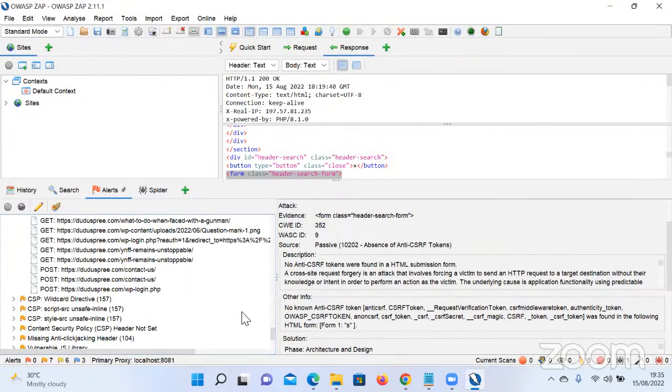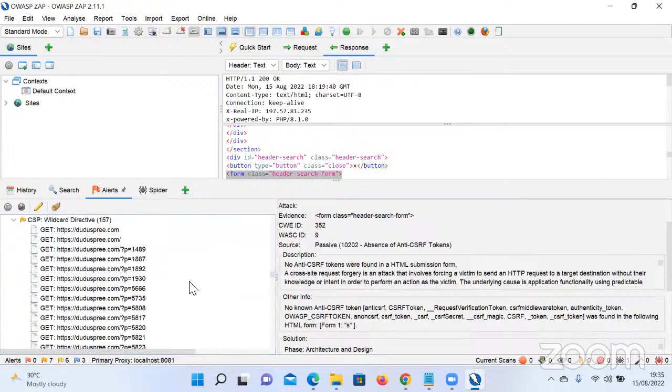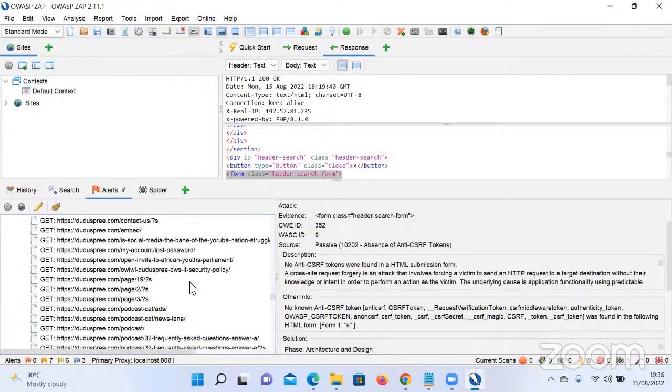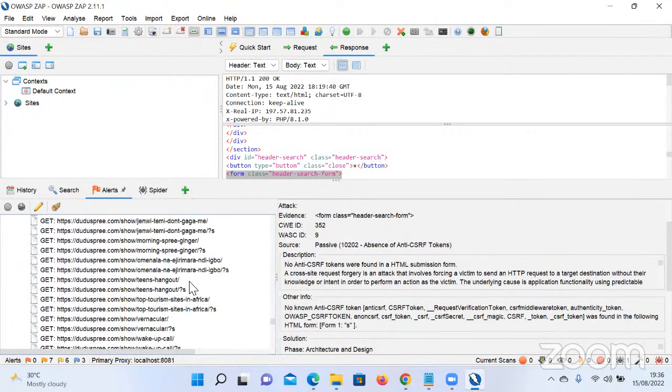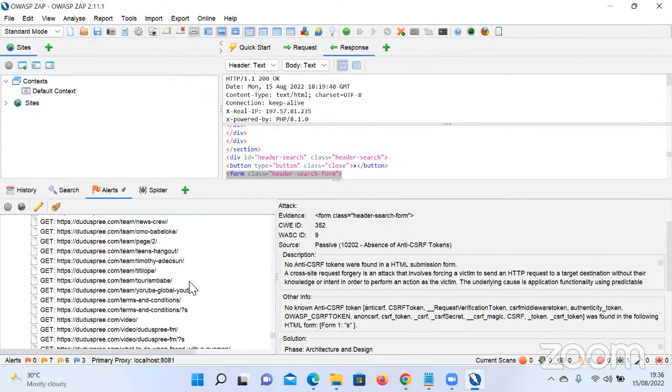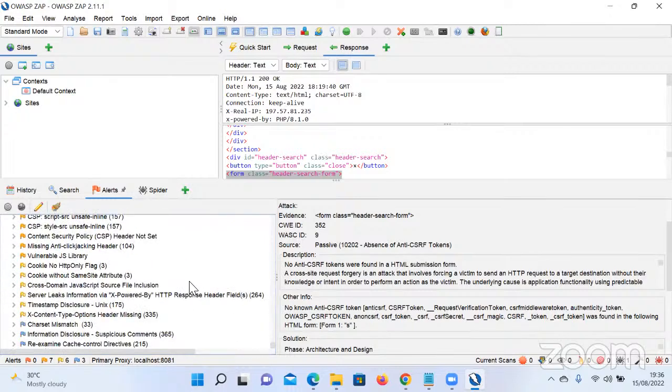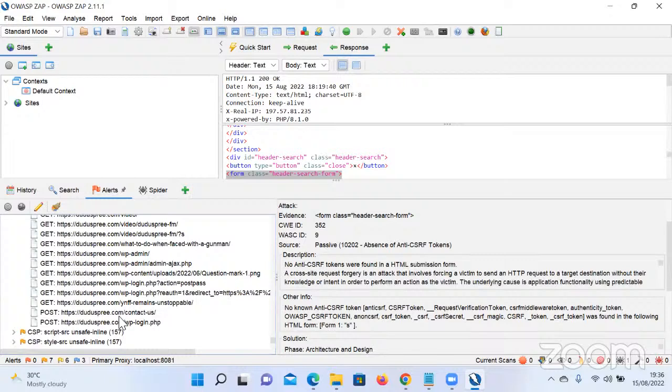Let's go to this, this is another one. For passive scan, you can see that passive scan has a lot of things with little time. Meanwhile, I've not done with it. I have to pause it because of the time, because it's taking time. You can see this post. This post